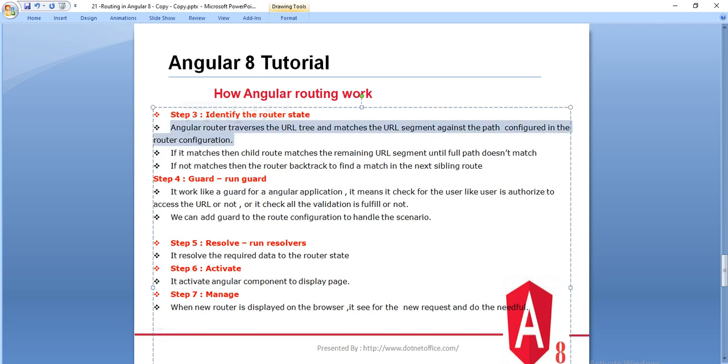If it matches, then it checks the child routes, the child tree of that, and matches the remaining URL segments until the full path matches. If any of this is not matching, then the router backtracks to find a match, and then it finds the route in the next sibling.